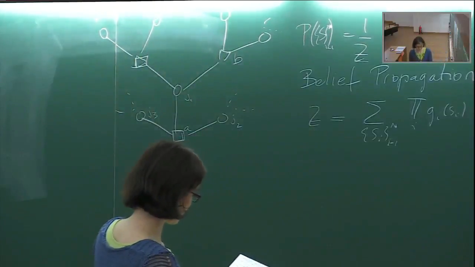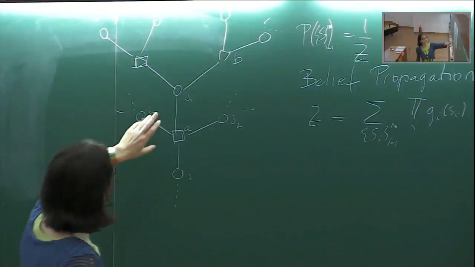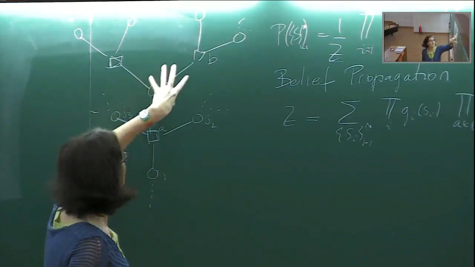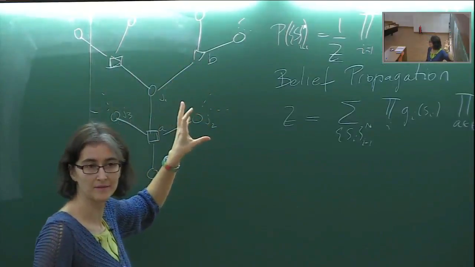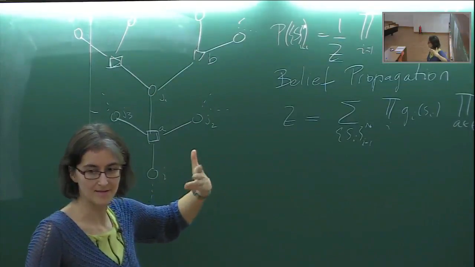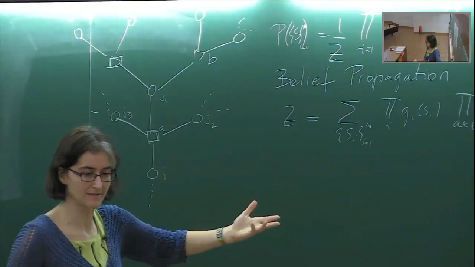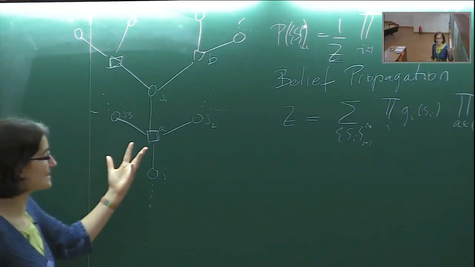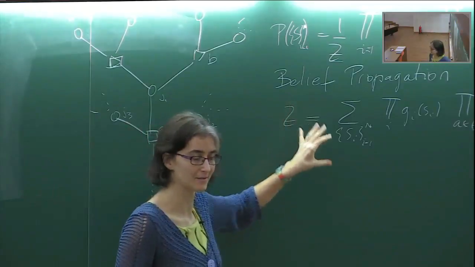Now, why are trees easy? Trees are easy because if I condition on what's happening on this node, then these 3 branches are not communicating. They are not connected anywhere, because this is a tree. And correspondingly, the corresponding probabilities are independent. So I can write that the total probability is a product of these probabilities. And this will lead to an iterative process to compute the partition function exactly on a tree.